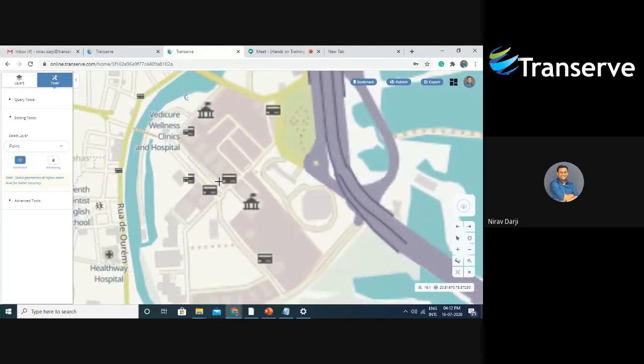The agenda of this particular webinar is to show you the capacity of this application. I have already created one particular session on this portal. First I'll show you exactly how you can create new layers and edit attributes. But after this, I'm going to show you how exactly you can style them, or I can show you the styled version, right?